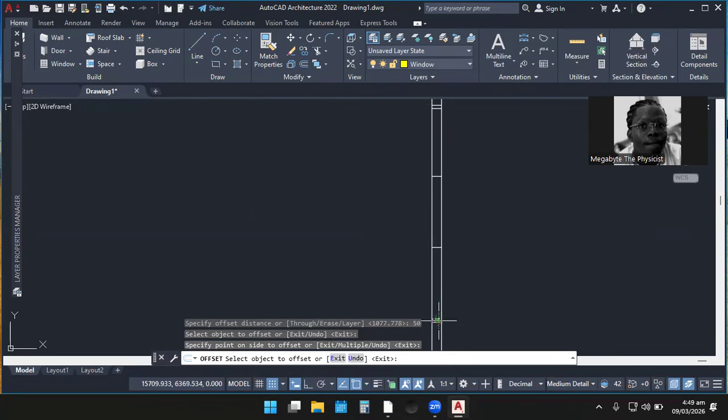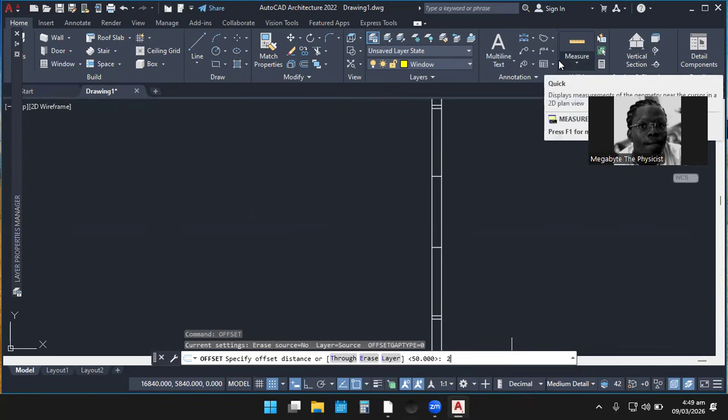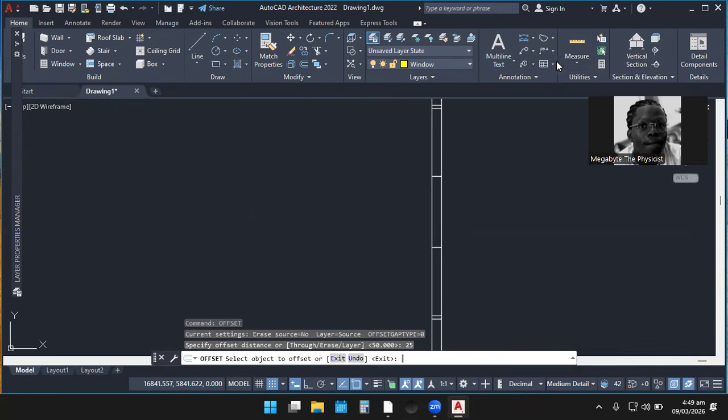Let's specify for this. Exactly. So for the thickness of the wood. And the other one, remember what I told you. Let's remove this. Let's repeat offset. And then we are now going to use a distance of 25. So the inner ones, if we had a distance we are supposed to use, we would have been using that.